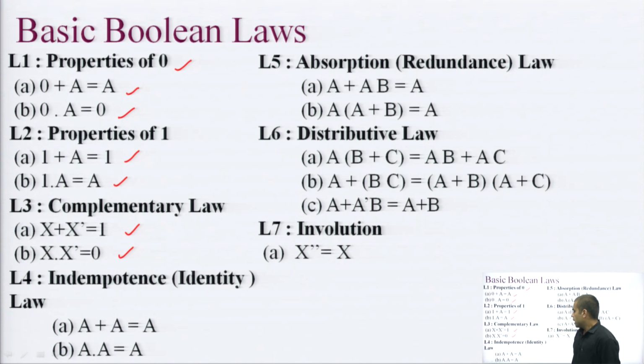So, then coming to the idempotency law which says that a plus a is equal to a, that means any variable added any number of times, that means a plus a any number of times, the sum will be equivalent to a. How is it possible? Because if I add 0 n number of times then 0 plus 0 plus 0 will remain 0. Similarly, 1 plus 1 plus 1 any number of times will remain 1. So, that is why a plus a any number of times will remain a. Then coming to a into a, that means any variable multiplied any number of times it will also remain equivalent to a.